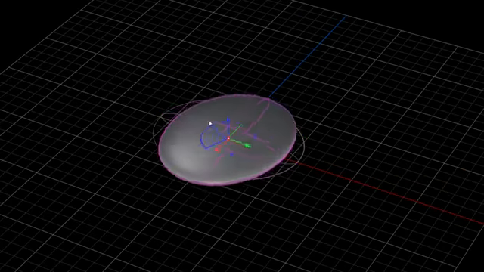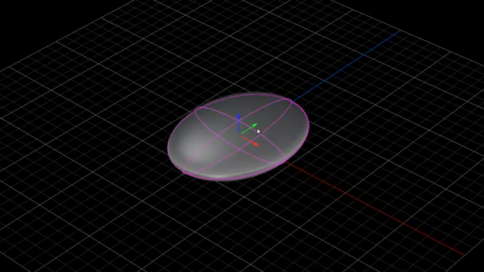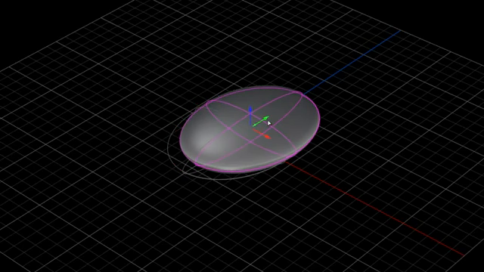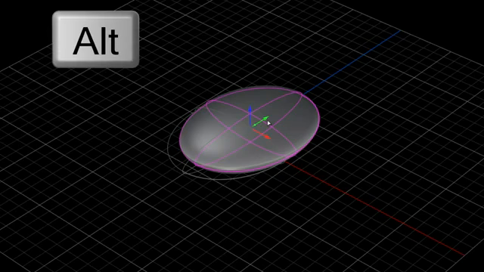One of the other things that has changed with Rhino 5 is that when we are moving an object, previously in Matrix and Rhino, if we held down the Alt key, we would make a copy of the object. However, in Rhino 5, they have changed this up ever so slightly. So with the new version of Matrix, instead of holding down Alt, you simply tap the Alt key once, and